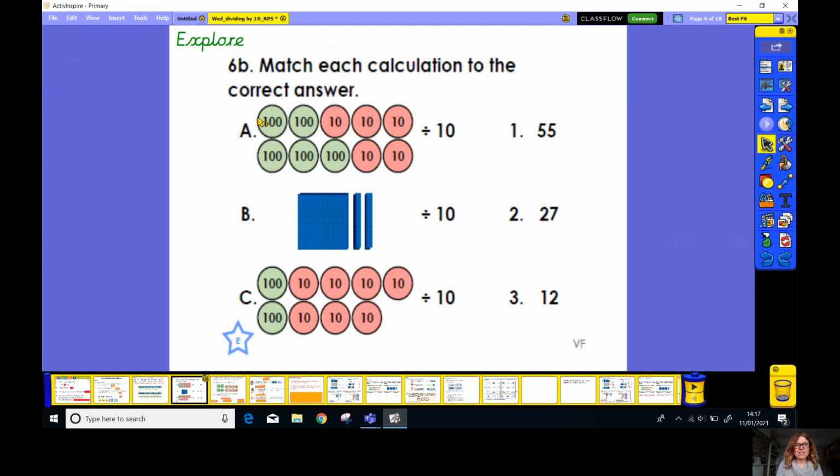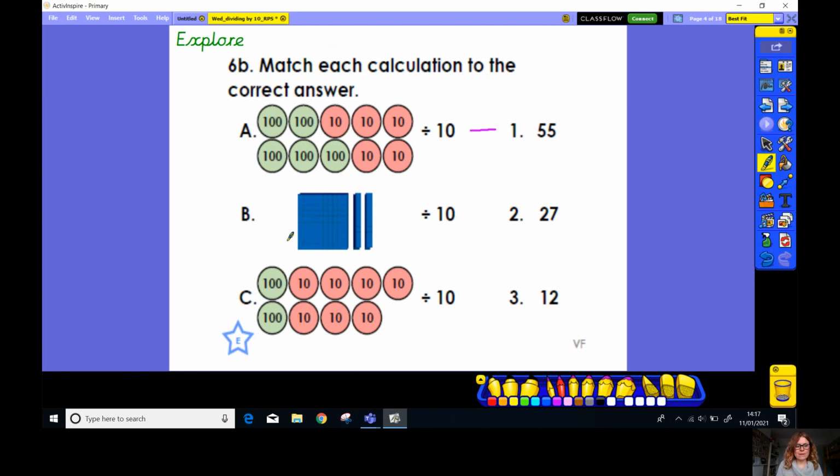Okay, well done. So let's look at A. Let's work out the number that's represented here. So let's count the hundreds. We've got 1, 2, 3, 4, 5 hundreds and 5 tens. It is 550. 550 divided by 10 equals obviously